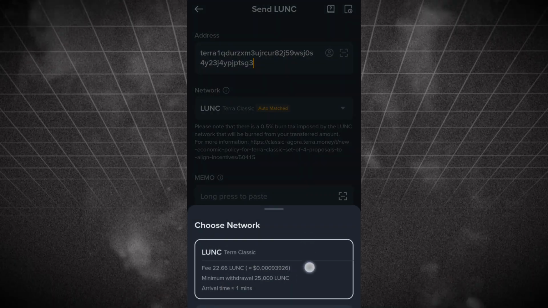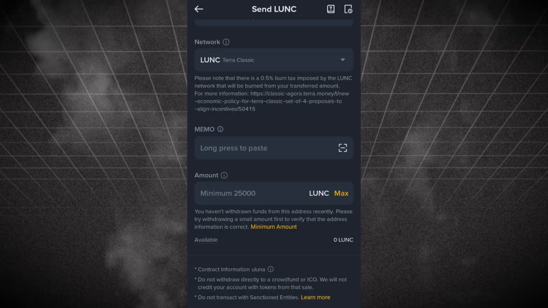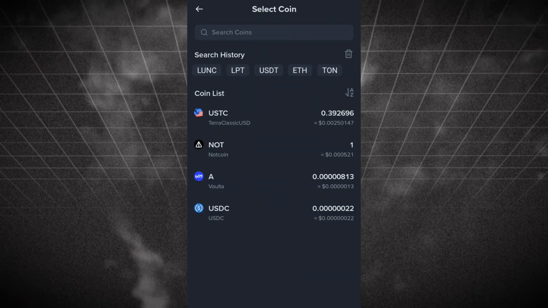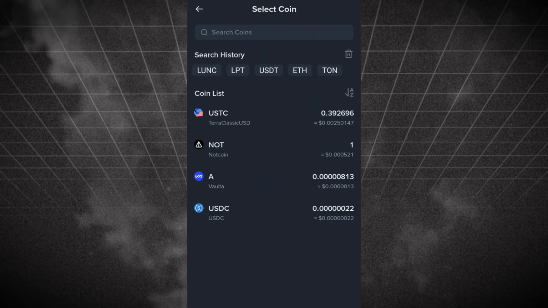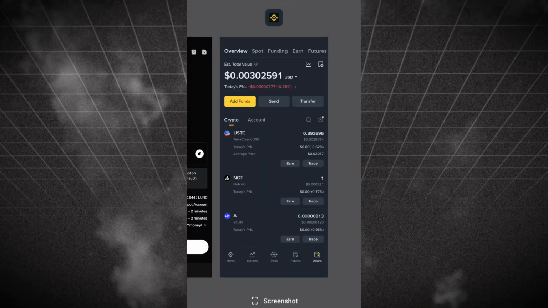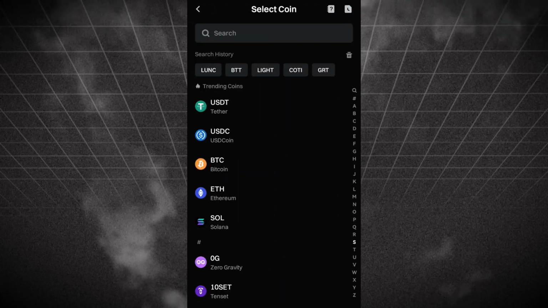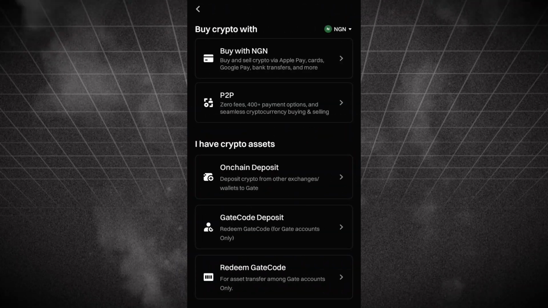The transaction network fee is very low. So before you carry out any of this arbitrage opportunity, you just have to do a demonstration so that you can see what the network fees are, or how you can actually make some profit out of this. After that, you send it straight to the other exchanger to sell it at a higher price. So immediately the money reaches this exchanger, which is gate.io right now, just go straight to